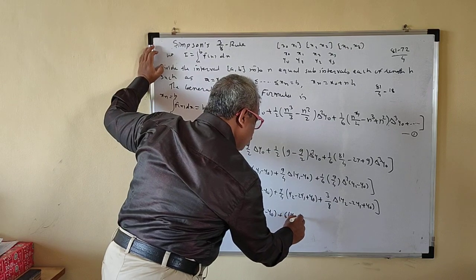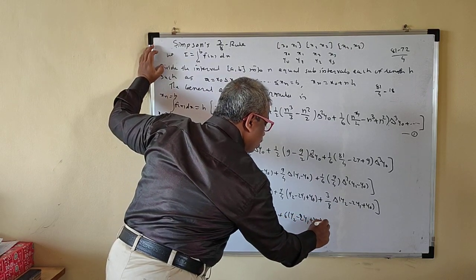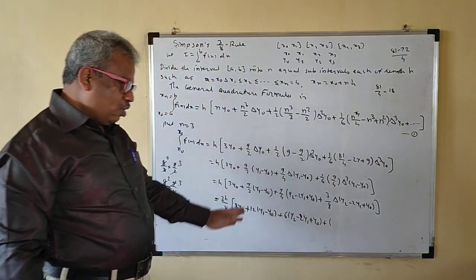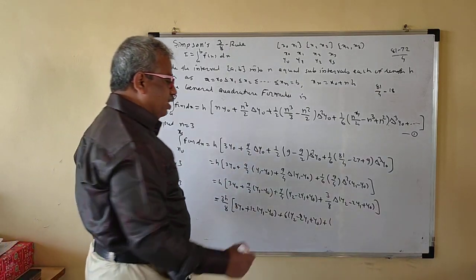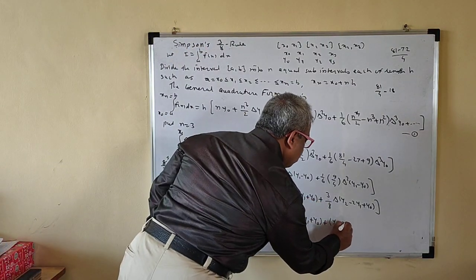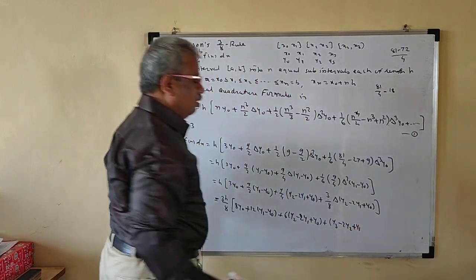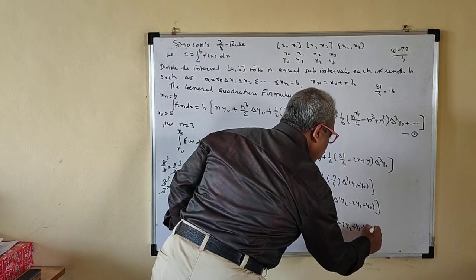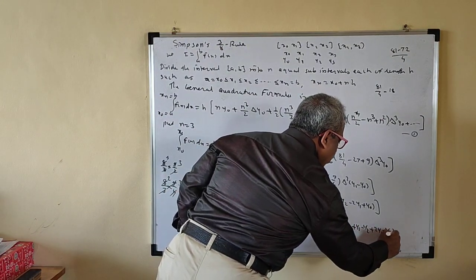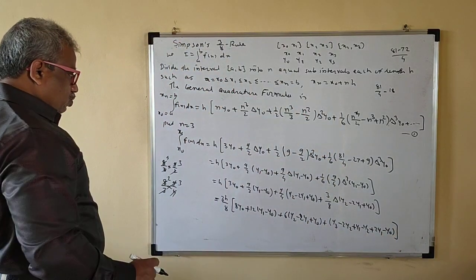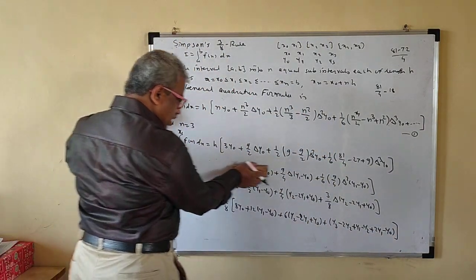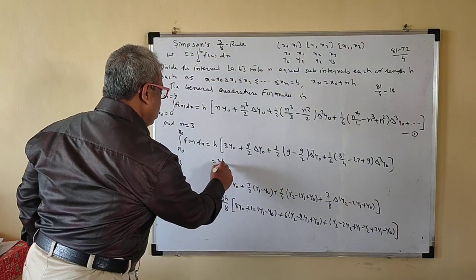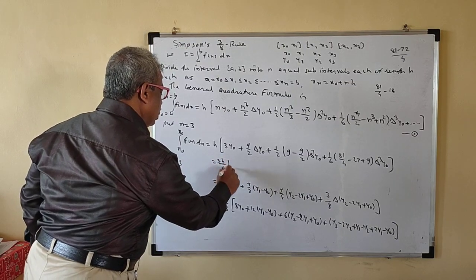6 (y2 minus 2y1 plus y0) plus, now what we'll write here, we'll increase the suffix by 1. So this will be y3 minus 2y2 plus y1, increase suffix by 1 and subtract all the things as it is now. So minus y2 plus twice y1 minus y0. Okay. So for the simplified term I will write here now. So this is 3h by 8.